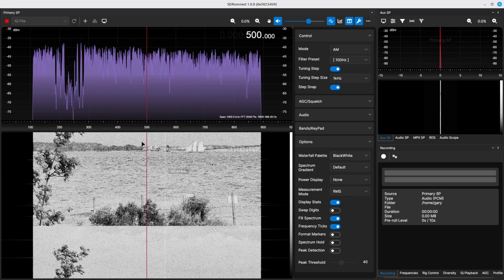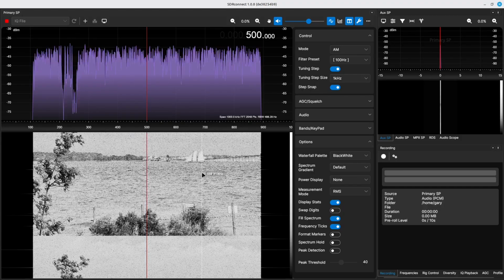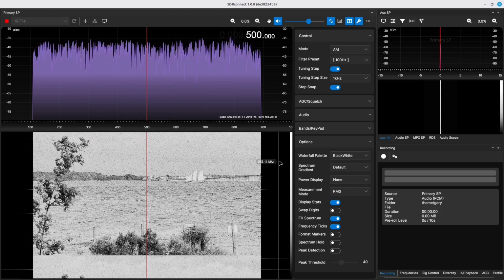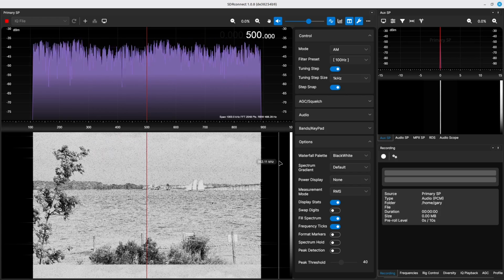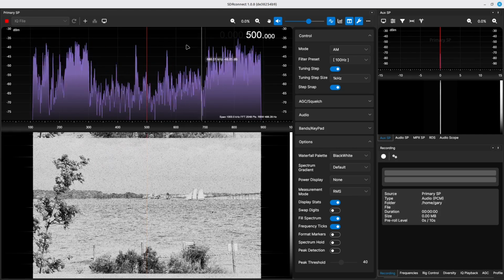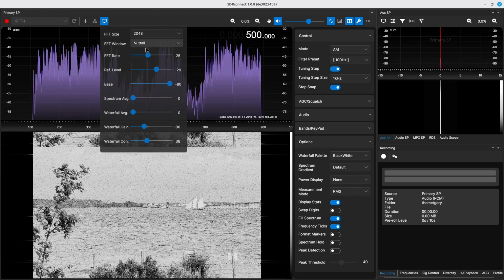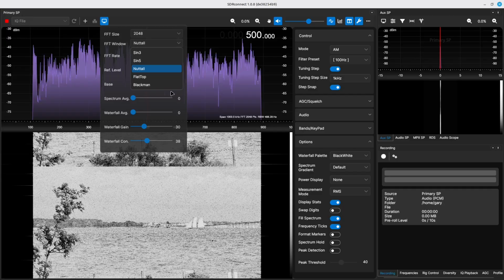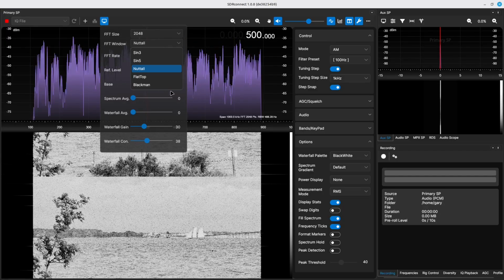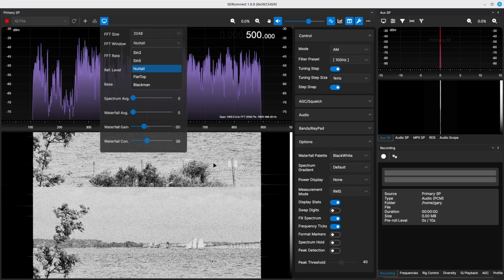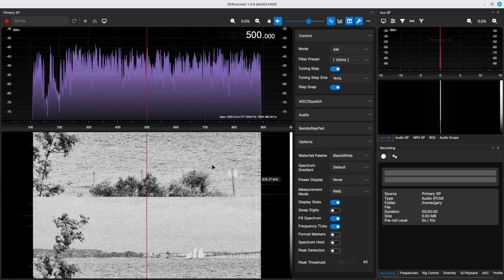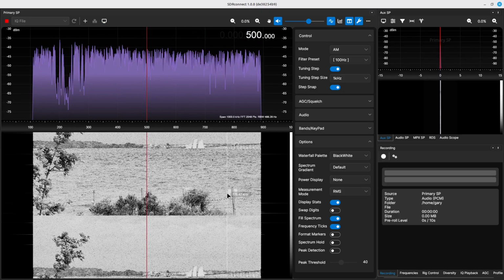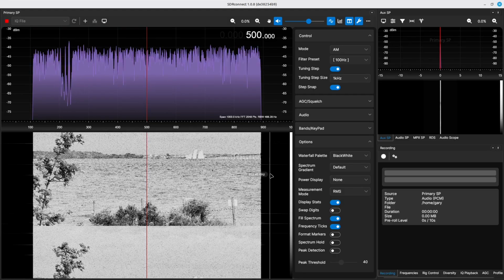Notice that, again, as I said before, it's fairly noisy due to the windowing. Unfortunately, SDR Connect does not have a no-window option. All of the windows are the standard windows, which you can see up here. I've got the Sine 3, the Sine 5, Flat Top, and Blackman, but no option for the rectangular / uniform / boxcar. But regardless, still a pretty cool picture. Again, this is what's possible using spectral painting, a spectral image on your spectrogram, and I hope you enjoy that and have fun with it.